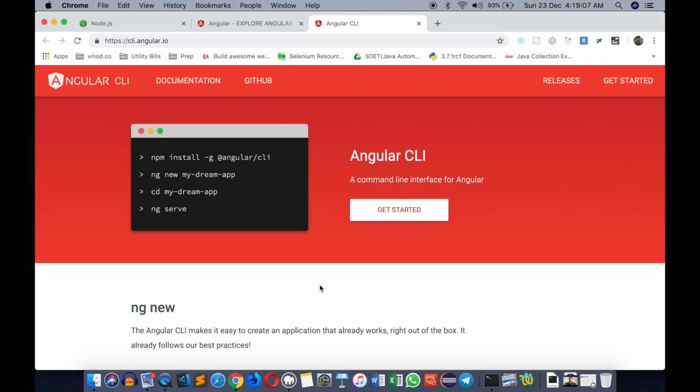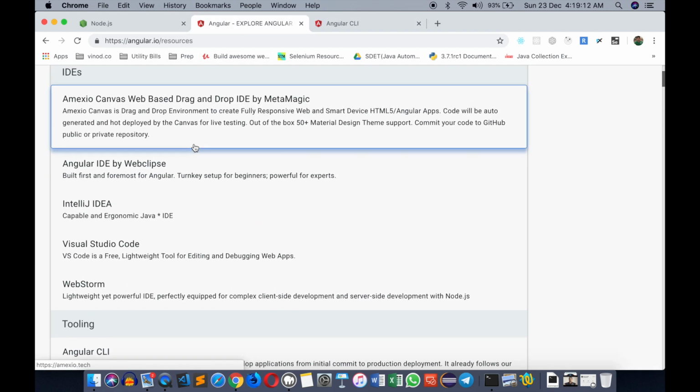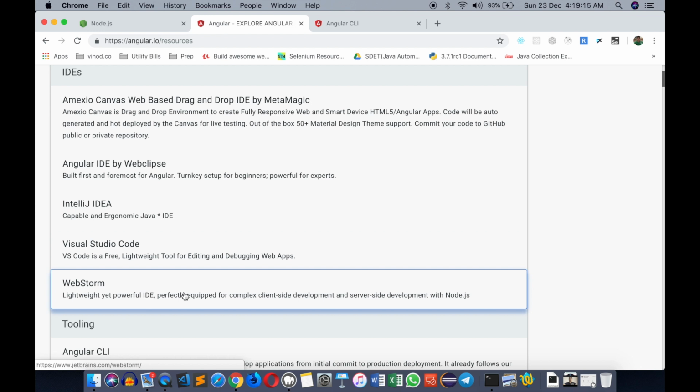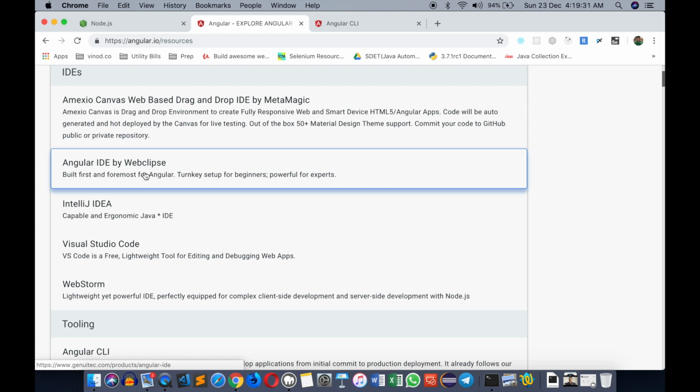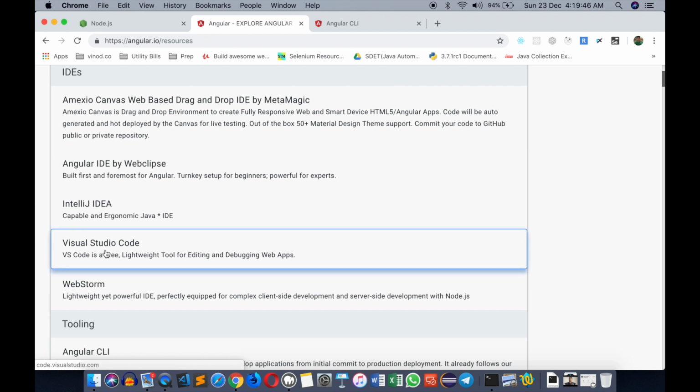While there are many IDEs available, one of the most powerful IDEs is WebStorm, which is a commercial one. There is also IntelliJ IDEA, which is primarily meant for Java, but it is also used for developing JavaScript applications. There is one Angular IDE by Webclipse. So people who are familiar with Eclipse, this is an IDE built on top of Eclipse, which is also a very nice one. But the most commonly used one is Visual Studio Code, which is a fantastic text editor